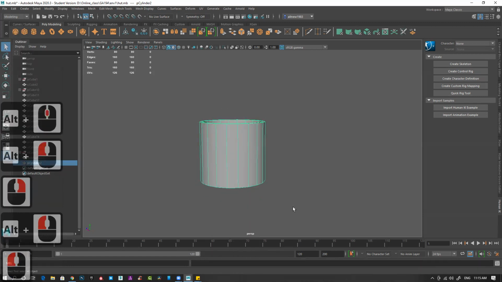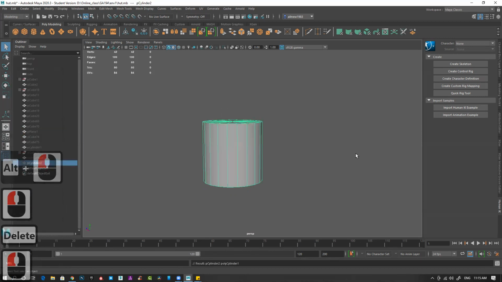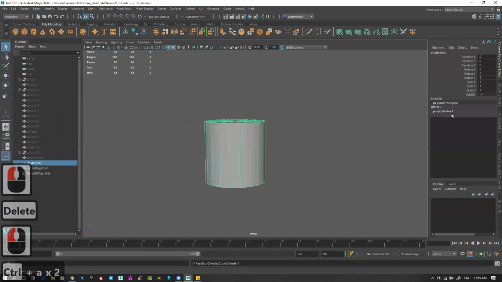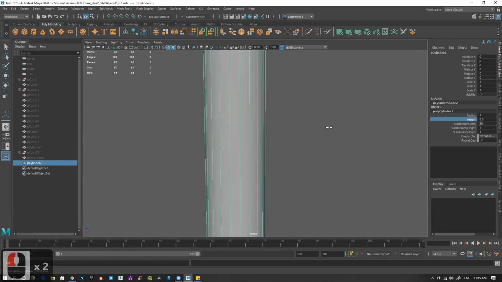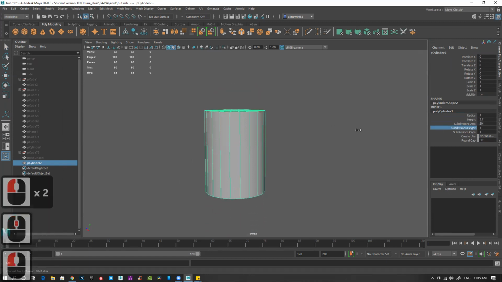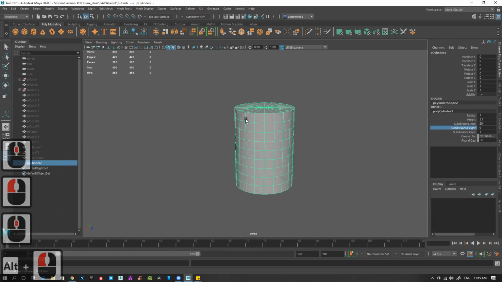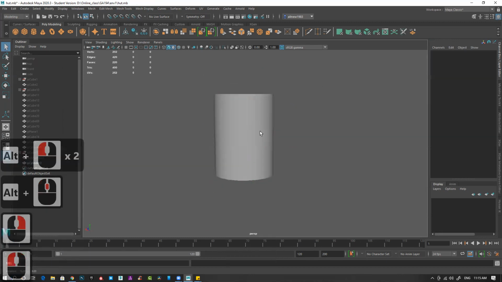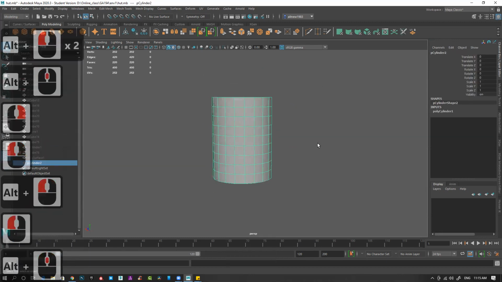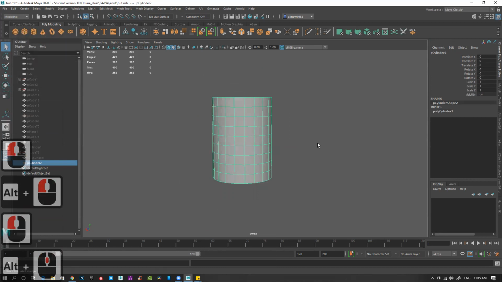So let's delete it. Create a cylinder and cap. I can switch on, switch off. Radius is fine, height is also fine. Height I can add, because for bend you need horizontal lines, right? Otherwise you won't be able to bend it. So I just added a few horizontal lines. That's it. So now you want to use FFD or bend, right?